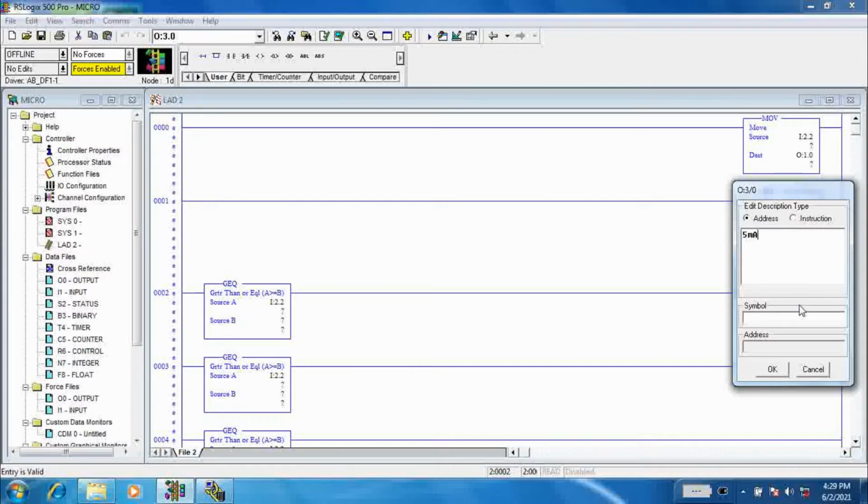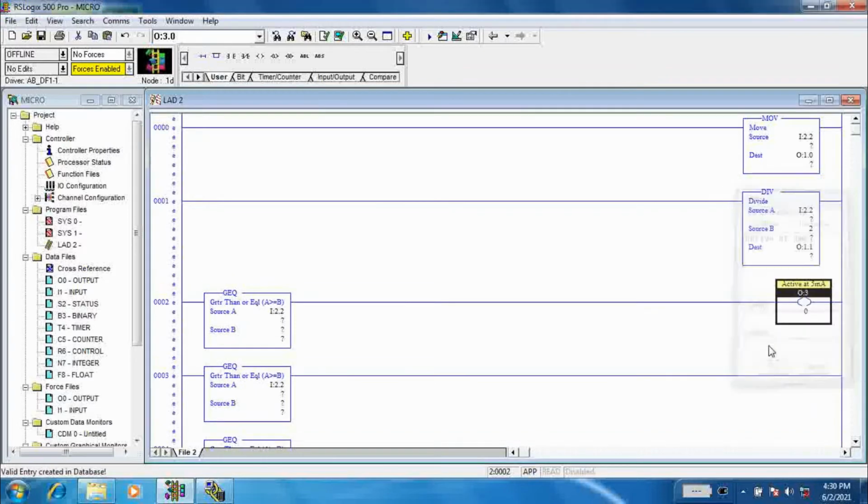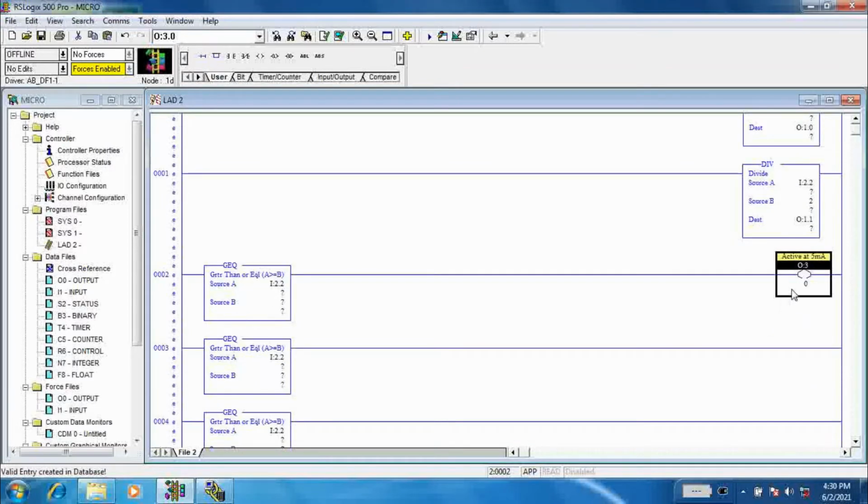Now assign output. This output activates when the signal generator reaches 5 milliampere current.